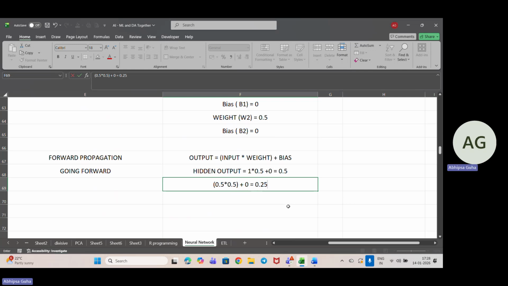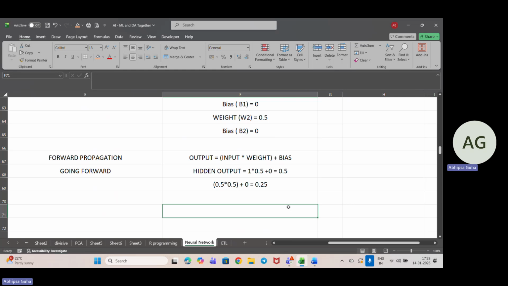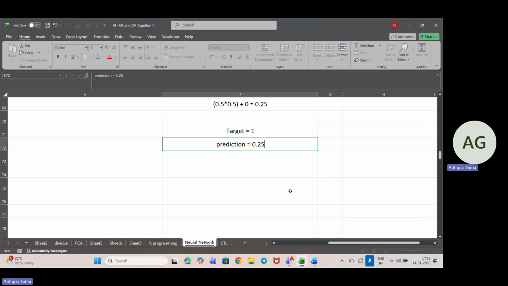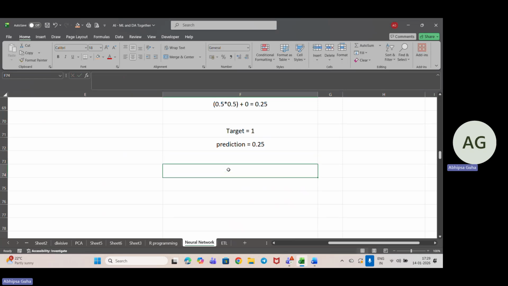Okay. Now we go for checking the mistake. Suppose the target or the actual value is equal to 1 and my prediction is equal to 0.25. Right. Now coming to the error formula. My error is 1 minus 0.25, so that is equal to 0.75. This is my error. Okay, so the network is wrong,